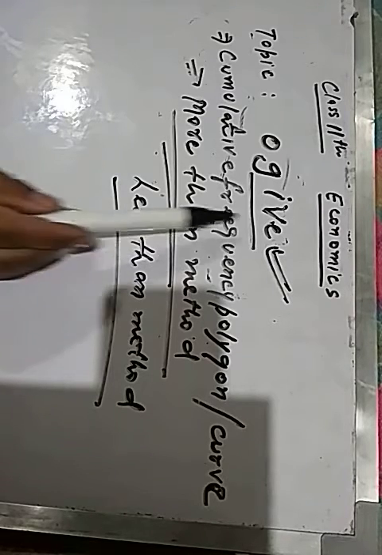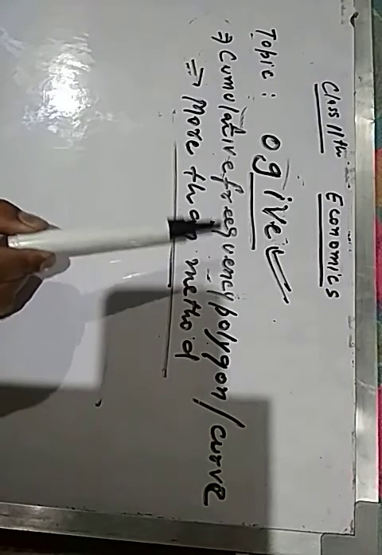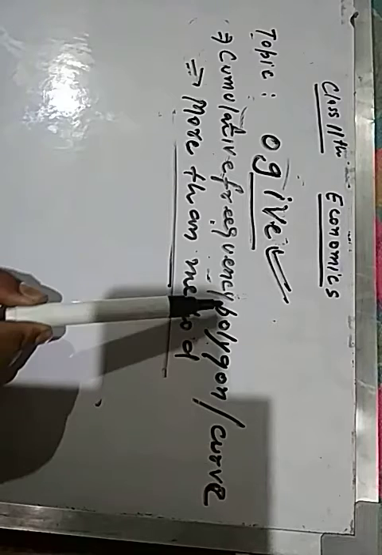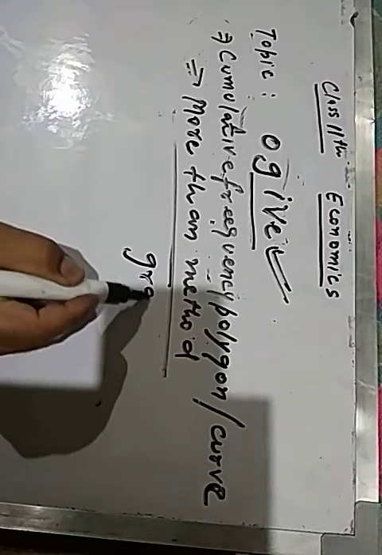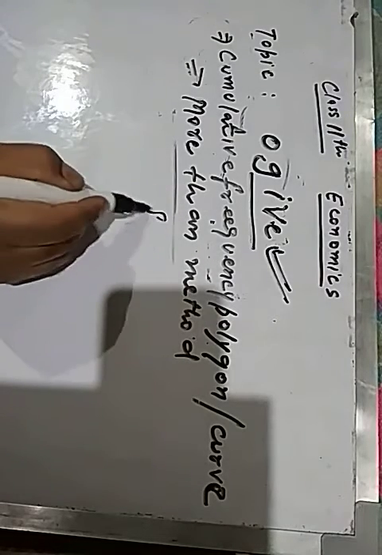Since in both the methods, that is less than method as well as more than method, Ogive is based on cumulative frequency, it is also known as cumulative frequency polygon or cumulative frequency curve, or we may call it a cumulative frequency graph, because the graph of this Ogive is based on cumulative frequency. Therefore, in case of Ogive, we have to convert simple frequency